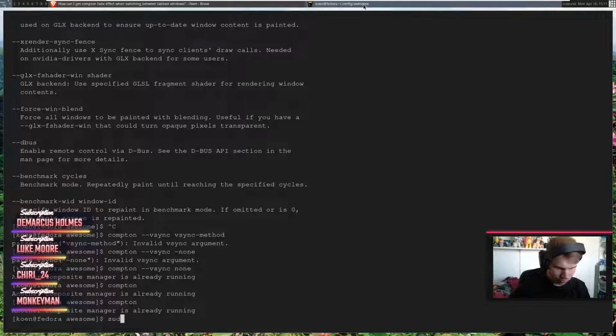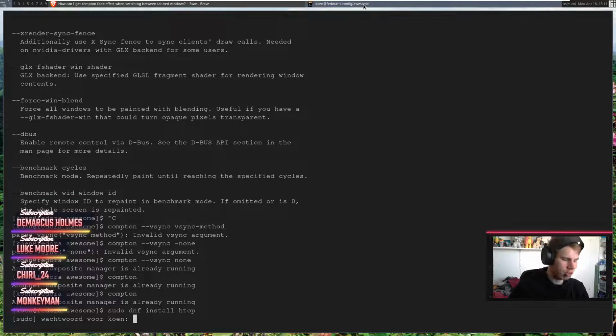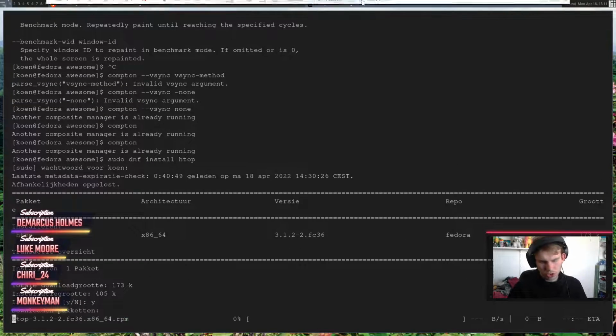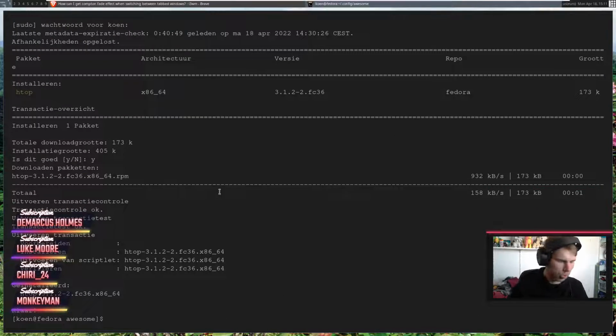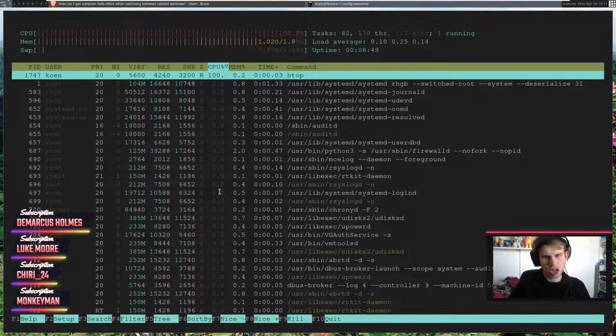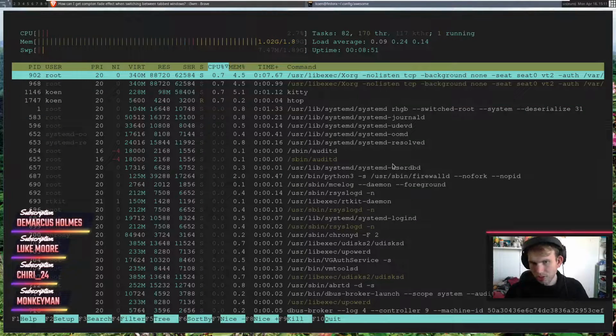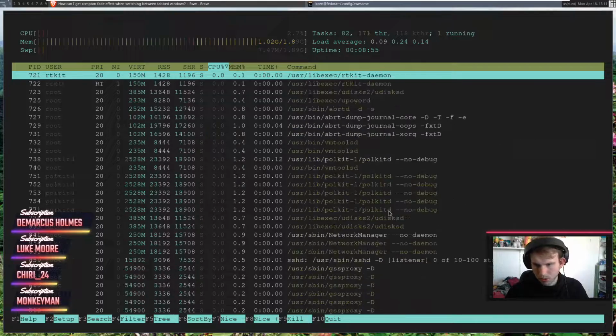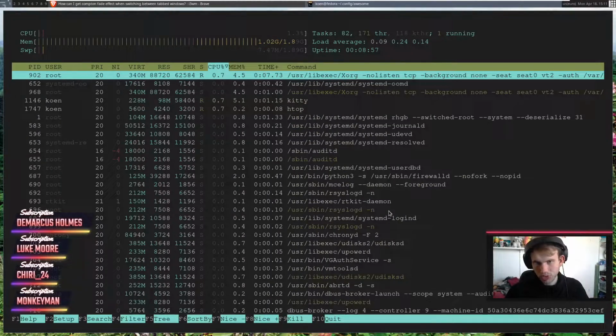Okay. What we're gonna do... I don't know how much this is going to help me, but I seriously need to know what other compositor could possibly be running. So we're gonna run htop. I have no idea how much this is going to help, but there's only one way to find out.